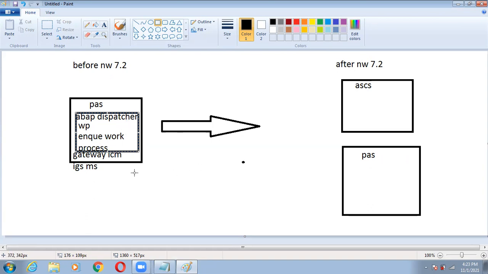Wait a minute, I will rub this all out and draw it once again with you, because you will get confused, right? This box got short.